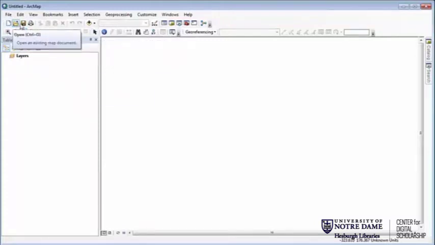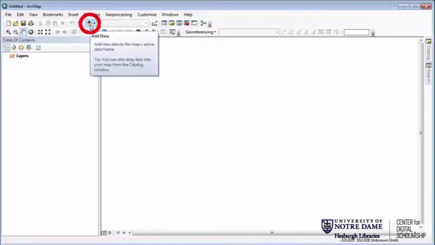Now the new, open, and save up here, we're used to thinking about those as if we would bring in data that way. Actually what these do is they save the map document itself. And all a map document is in ArcGIS is links to those data layers and how to display them. So we don't use these for adding in data. What we're actually going to use is this little button right here, this little sort of square with a diamond with a cross on it. And this is our Add Data button. So if you go ahead and click on that,